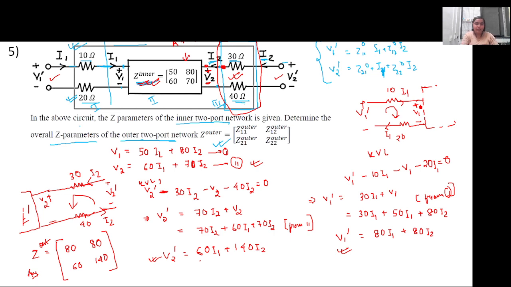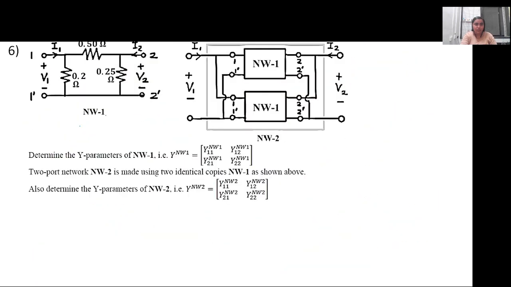Okay, then let's move to the next question. This is for an admittance parameter. This is related to the admittance parameter. So first network 1 is given, in which the input and the output of the circuit are connected as shown here, where first what we have to do is determine the admittance parameter of the first circuit. Now the second condition would be the first circuit itself, two of the first circuits are connected in